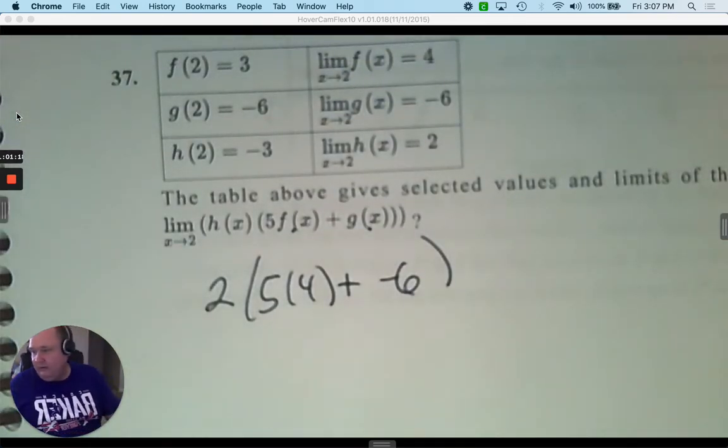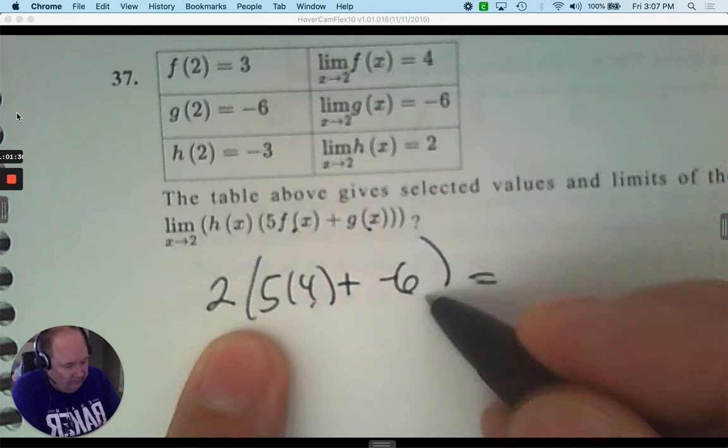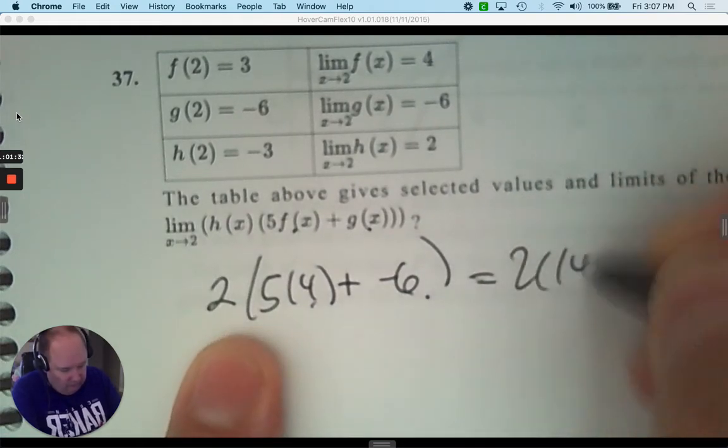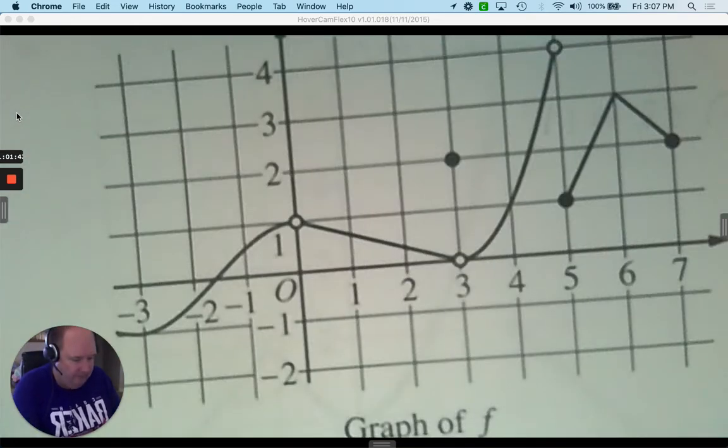Let's just double check, and then you simplify it. So the answer would be 20 take away 6, so it's 2 times 14, which is 28. That's what I believe the answer would be. So just looking at the limit values and plugging them into the algebra, the answer is 28. Number 38,